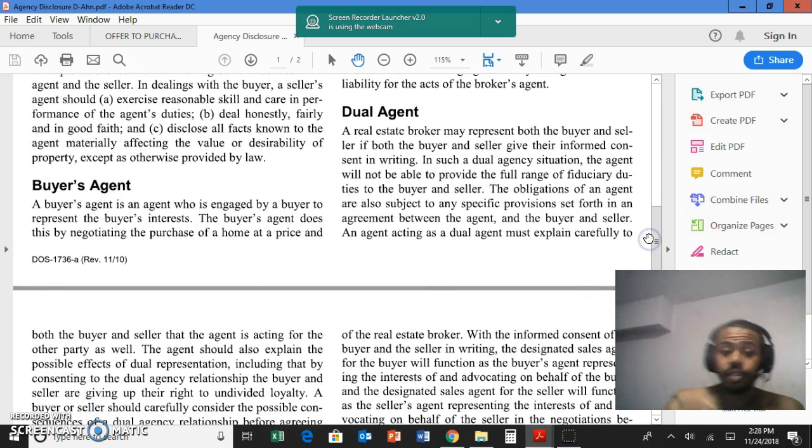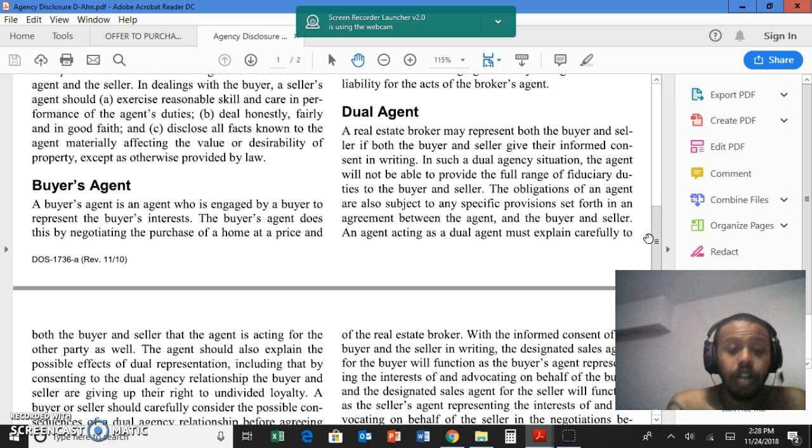Dual agent. So a dual agent is a real estate broker that may represent both the buyer and the seller if the buyer and the seller give their informed consent in writing. In such a dual agency situation, the agent will not be able to provide the full range of fiduciary duties to the buyer and the seller. The obligations